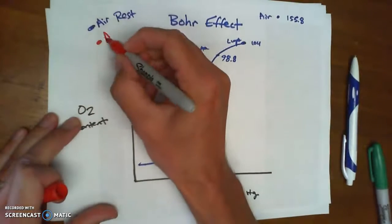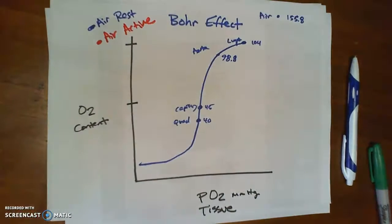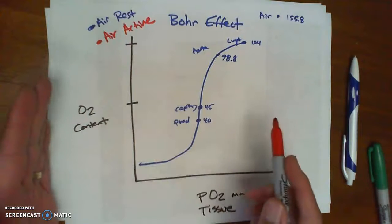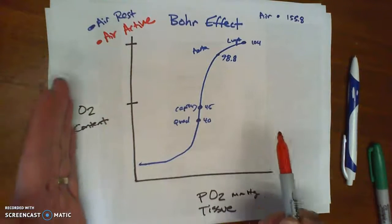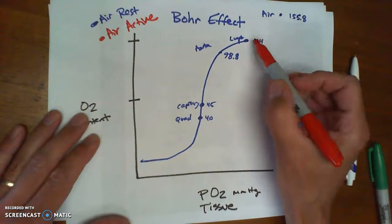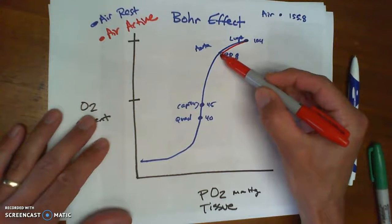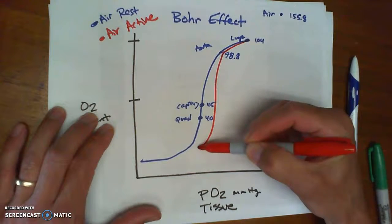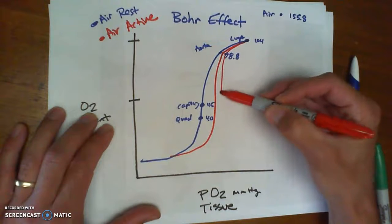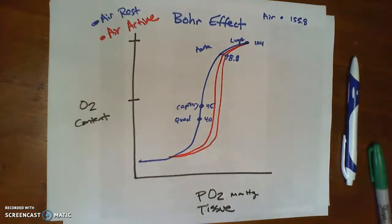And then, if we're active, our muscles still need that same oxygen content. But what happens is there's a shift in that pressure in the tissue. So, right, there's really not much shift in the lungs and in the heart. But then once we get in the body, there's this shift here. So perhaps the more intense the activity, there's probably a sharper shift. So you can see here,